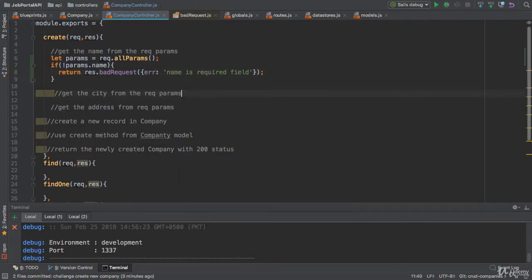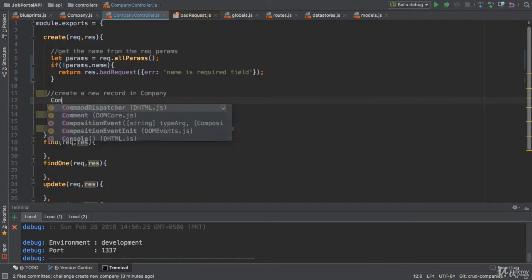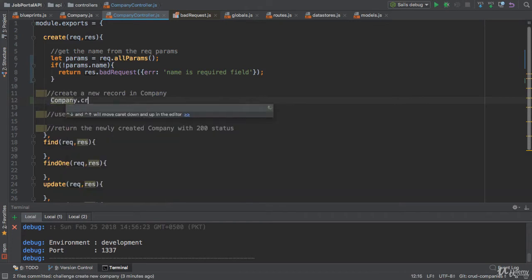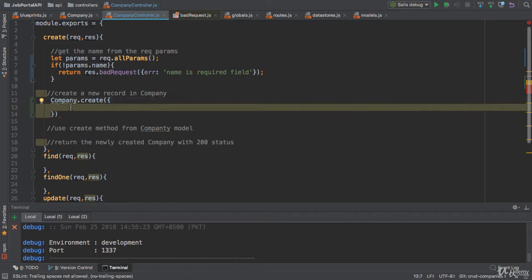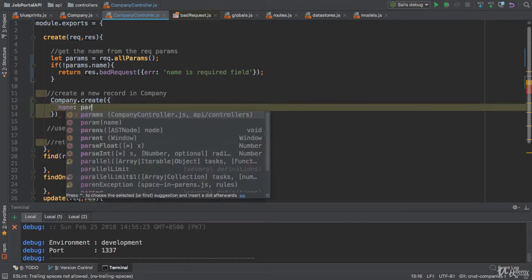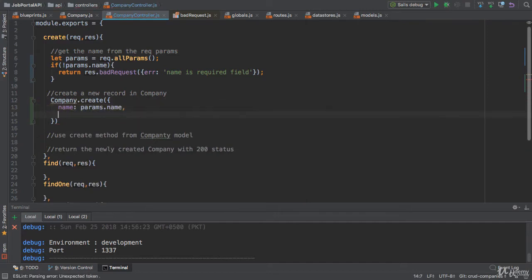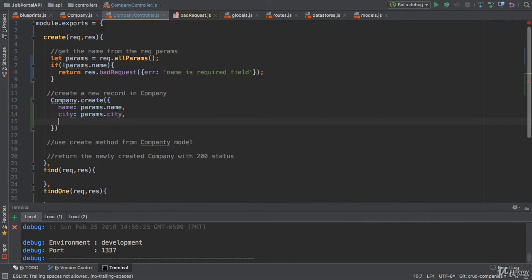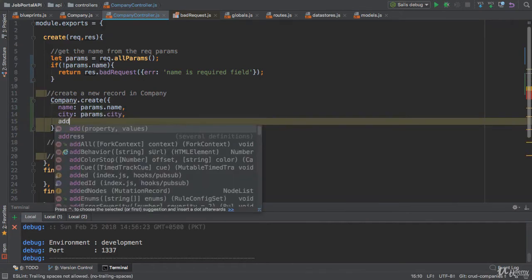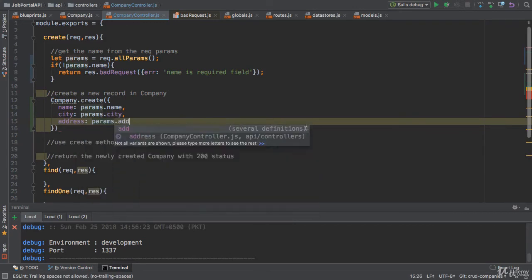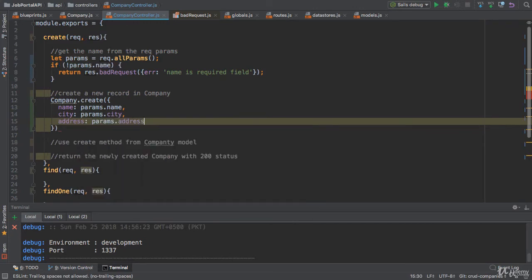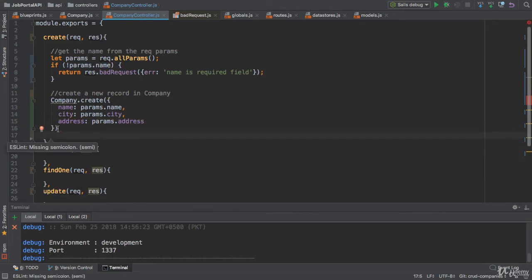Now I want to, you can get the city and address from the params object. Now how can you access the company model? I told you, you can access that this way, Company.create, because it's a global variable, global object. We need to provide the name here, params.name. We also need to provide the city. If the user wants to add the city, I can get it from the params, and the last property is address. Boom. params.address. Cool. Get rid of this content.